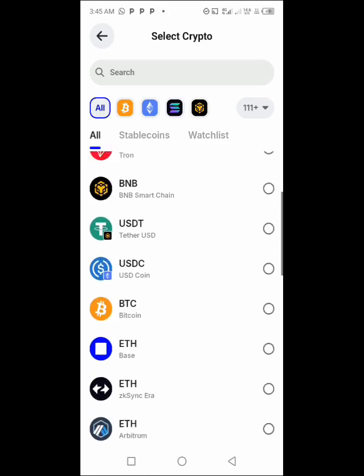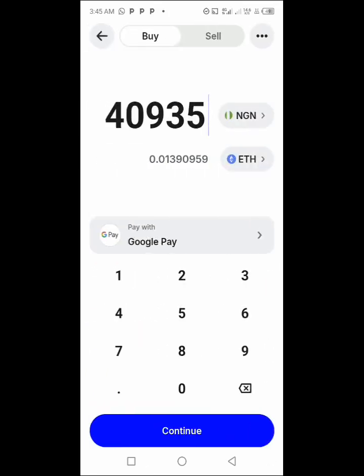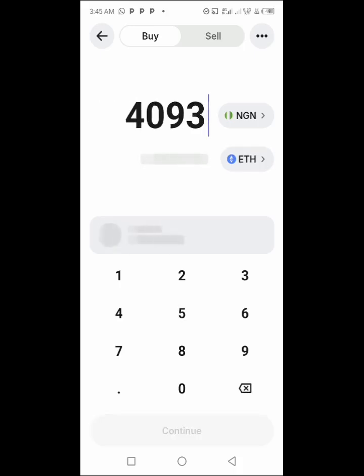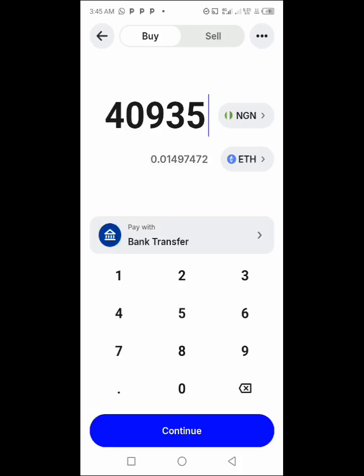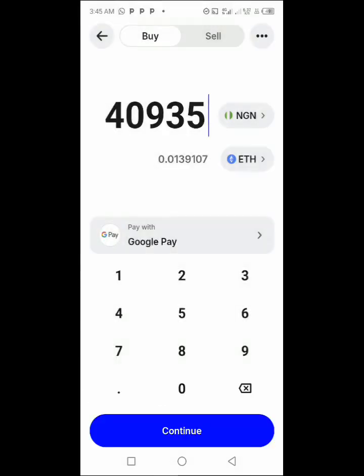So right here I want to buy Ethereum. I just want to buy Ethereum, so I just select Ethereum right here and then leave it at pay with Google Pay. All right, and then here you can now select the amount you want to buy. All right, you can select the amount that you want to buy, and as soon as you've selected the amount, then you come here, tap on Google Pay, and then click on continue. All right, you click on continue,